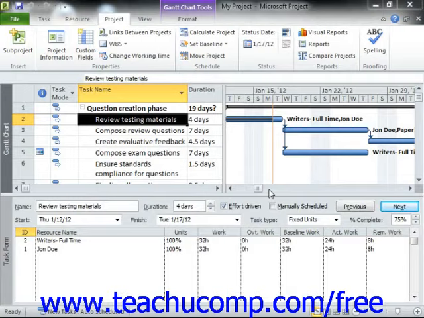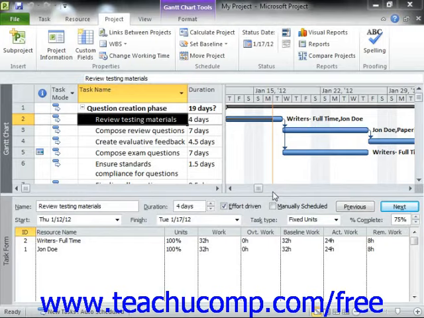If you choose to update the percent complete of a selected task, Microsoft Project will set the actual start date of the task to match the scheduled start date, and will then calculate and update the other related task units such as the actual task duration, the remaining task duration, and the associated costs based on the percentage value that you enter. For example, if you update the progress of a task with a 4-day duration to indicate that it is 25% complete, Microsoft Project will indicate that there has been 1 day of actual duration and 3 days of